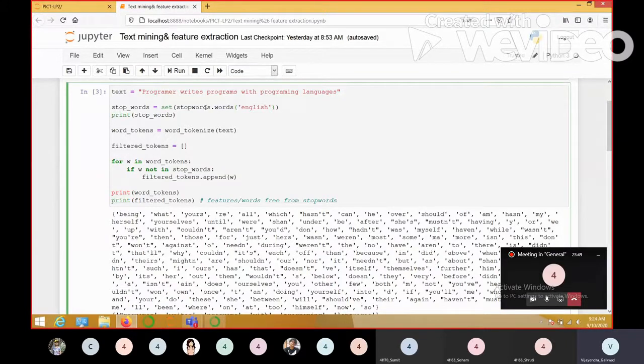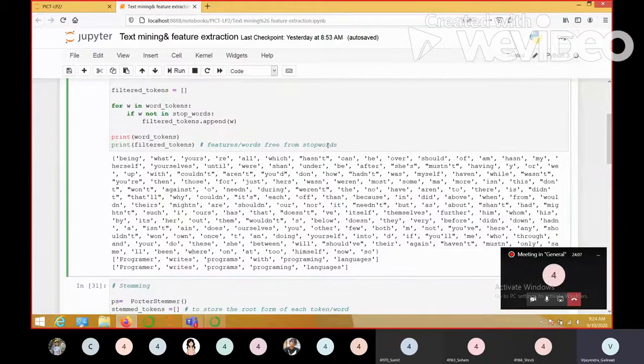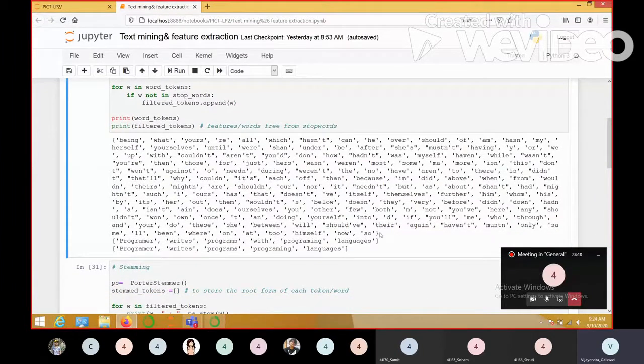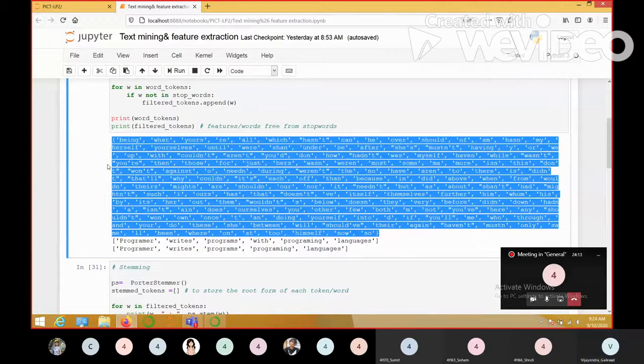That will create a corpus of English stop words, and we are assigning it to a variable called stop_words. Once we print that variable, we have a list that you can see. Sorry, it's a vector. All these words in the given vector are the stop words of the English language according to NLTK.